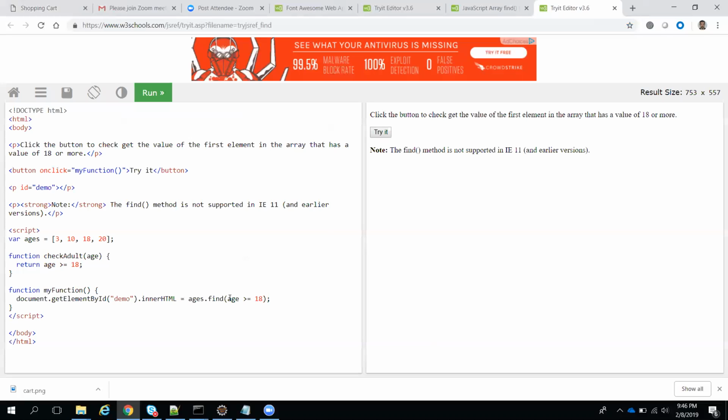For this we need to do data.age. Here we have ages, right?